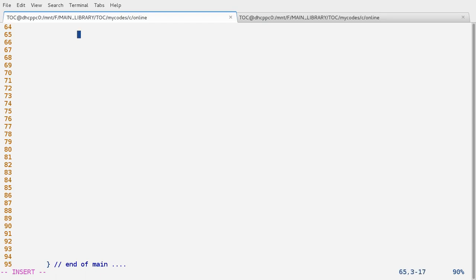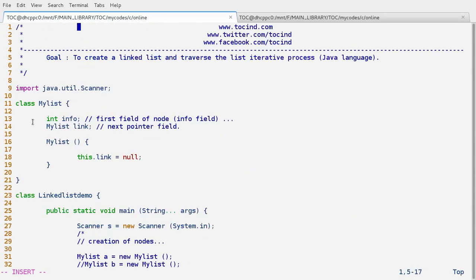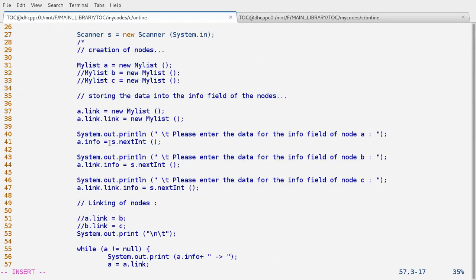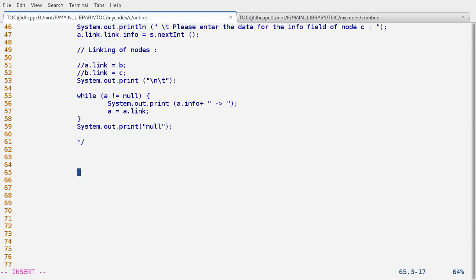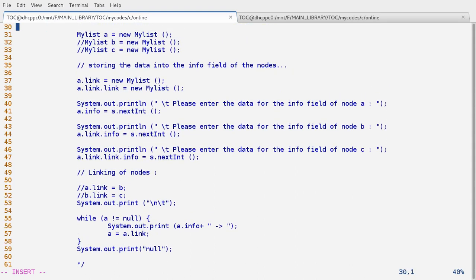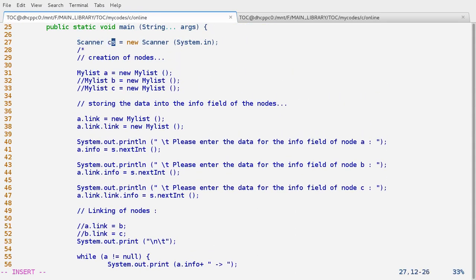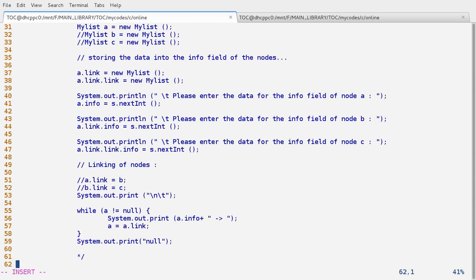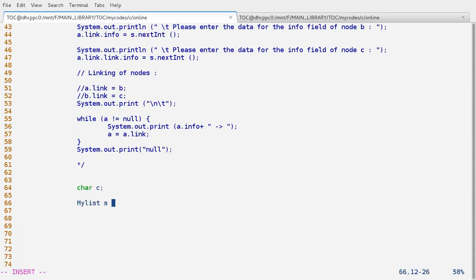So for that we have declared the node itself in this class, and let's take a character char c, and then my list, say it is, take it as sc, scanner sc. Let's create this start node: my list s equals new my list. This we have created, and now